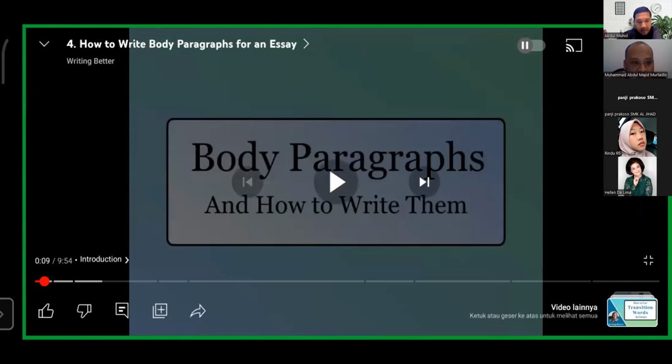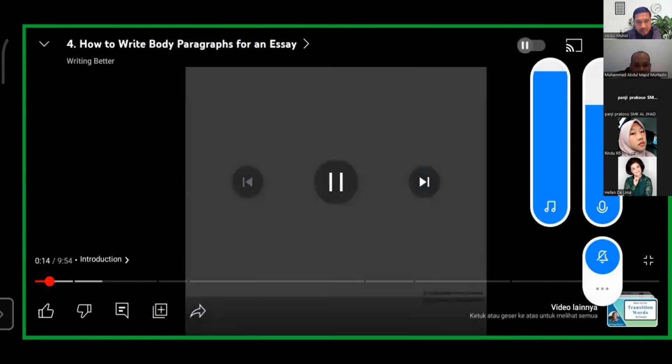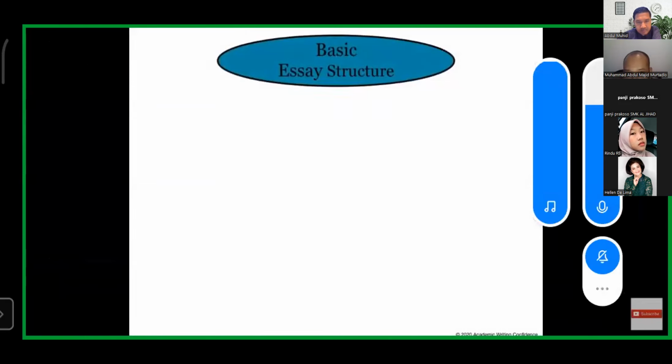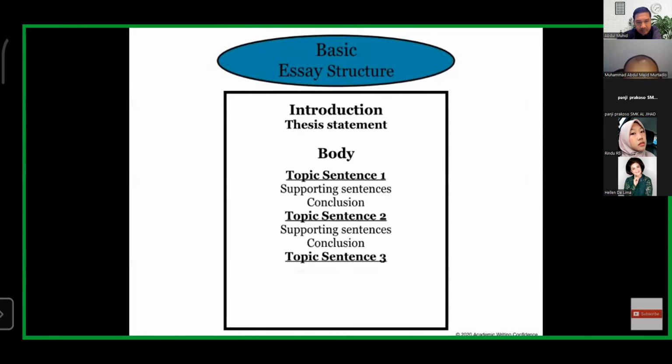We'll talk about body paragraphs and how to write them. The basic essay structure for an English essay has these parts: the introduction with the thesis statement, followed by three body paragraphs, each having a topic sentence, supporting sentences, and a conclusion, and then finally, a conclusion paragraph.